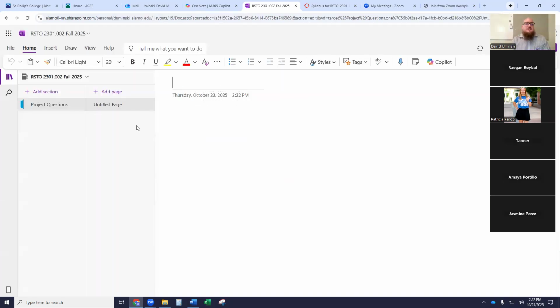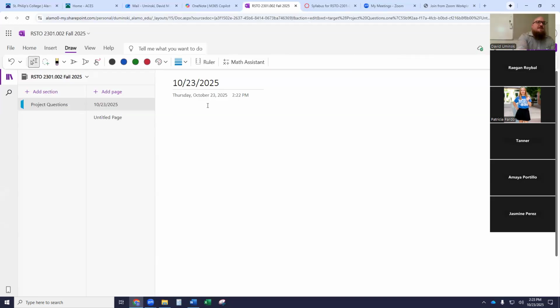Okay, so project questions, and I'm going to add a page. And today's page is going to be 10/23/2025. Okay, so in here on this page, when I draw with my finger, that's this little finger with the red line,